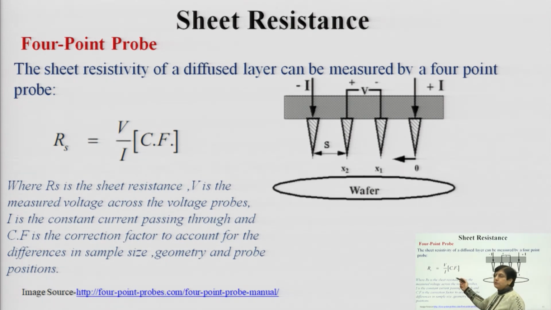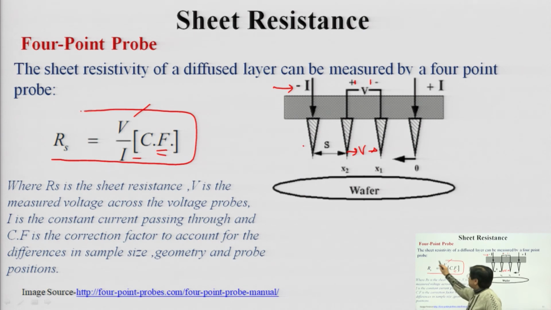Now, a typical method being used is the 4-point probe method. On this wafer, you place 4 electrical probes at equal distances. For these 4 probes, you know the separation between them and you know the correction factor. A constant current is fed through these 2 arms, and the voltage difference across the other 2 probes is measured. So, the voltage and current ratio and the correction factor for the probes will give you the sheet resistance.